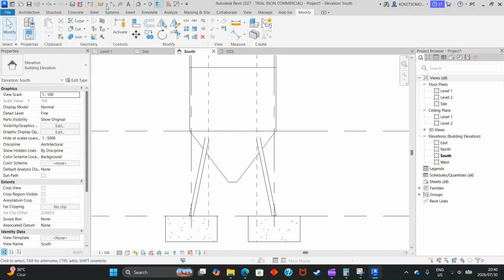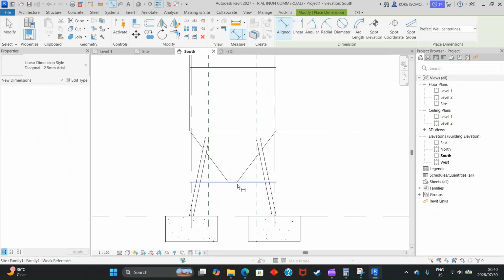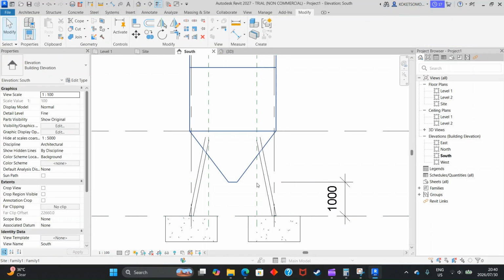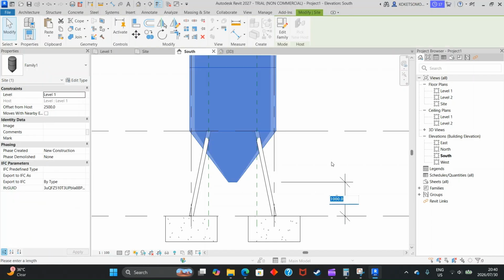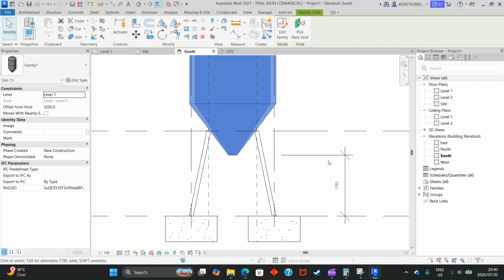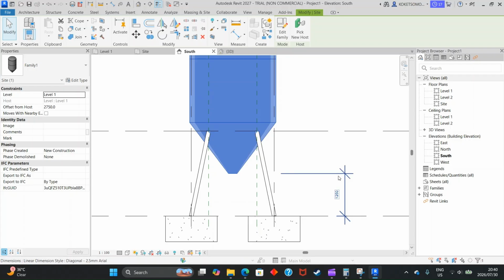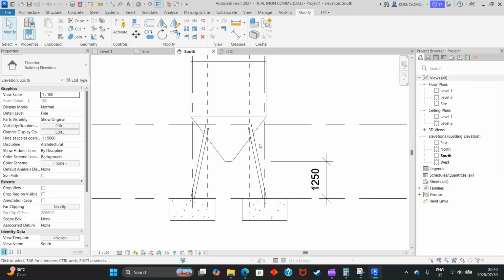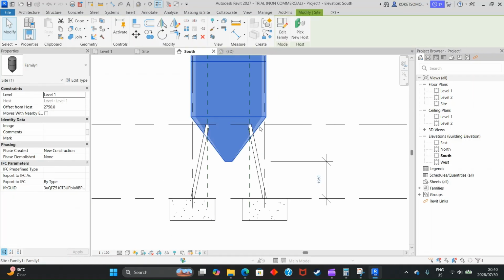So what I'm gonna do is I'm gonna measure from the bottom of the discharge cone, select this, and then the offset we can set it to 1792. Actually, let's set it to 1.5. We can say or 2000. I mean 1250. Sorry. Yes. Okay. So in this instance, what we can do is